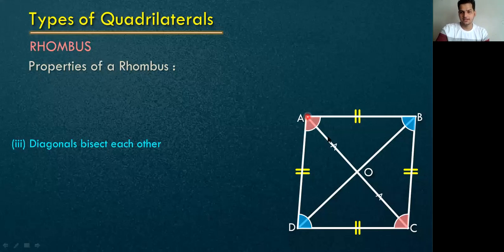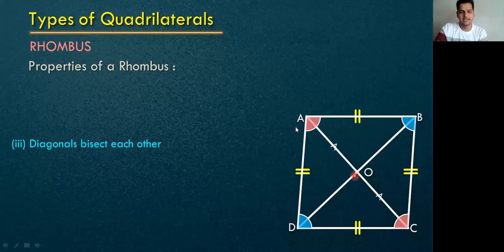If I have diagonal AC, it is bisected by diagonal BD. मतलब AC को दो टुकड़े में कौन बांट रहा है? Diagonal BD. Similarly, diagonal AC is bisecting diagonal BD in two equal parts. So let us name those two equal parts. And whenever you are naming the two equal parts, start the naming from the center. I'll repeat, start the naming from the center. Chalo. Let us focus on AC diagonal.